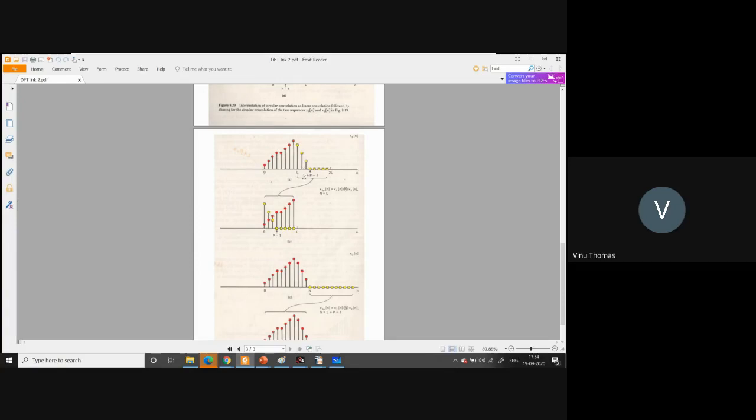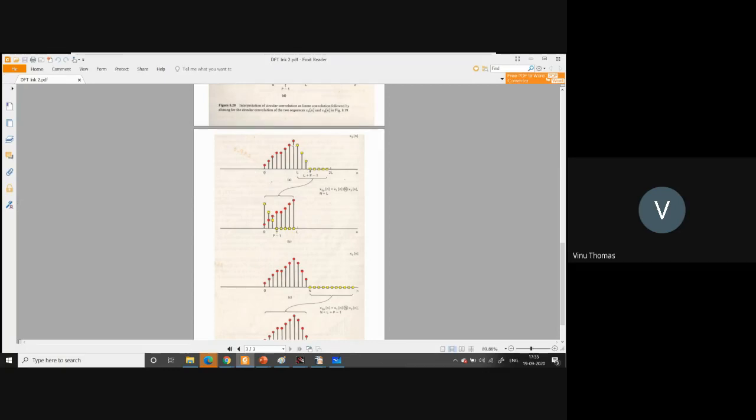So now let us look at the last P minus 1 samples in this case. We will look at the last P minus 1 samples which have been marked here. Last P minus 1 is last 3 samples. These are the last 3 samples which are marked in yellow. So these are marked as yellow squares, whereas these are marked as red circles. Now, you have an x3 of n plus L overlapping the first 3 samples.